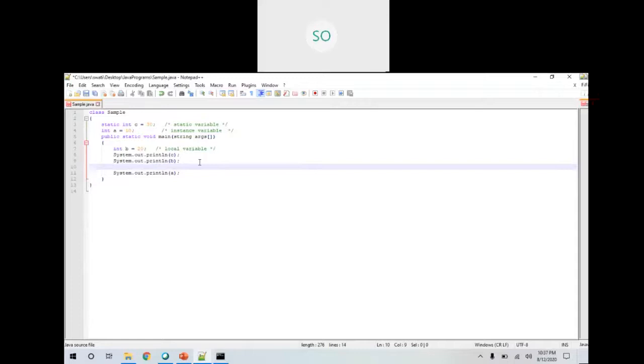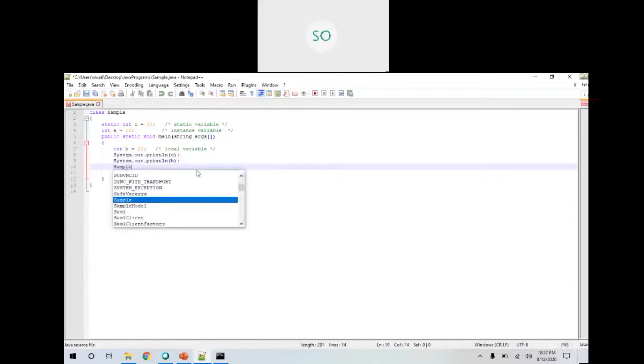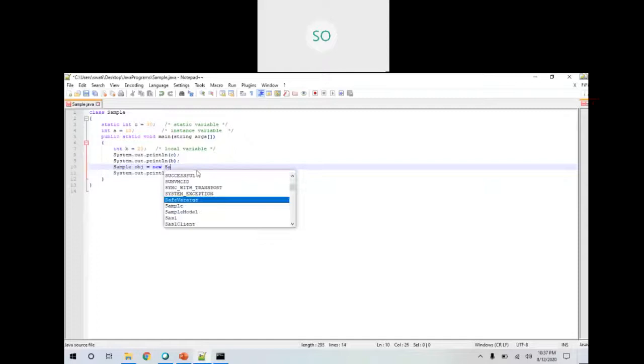So what do we need to do, how do we access the instance variable? As I said, we have to create the object first and then we can access the variable. So how do we create objects? We have a syntax: class name, then object name equal to new, then constructor. Here new is the operator which is used to create new objects.